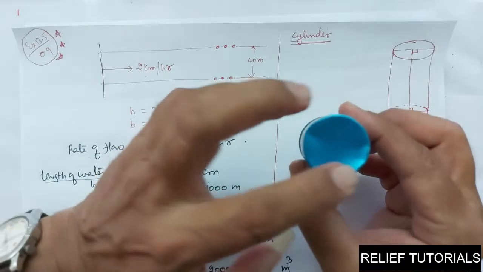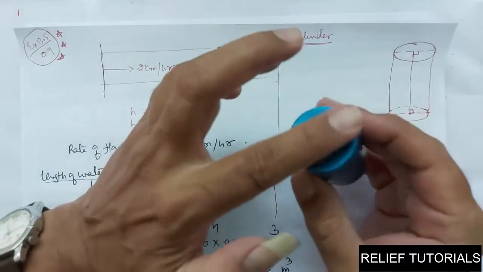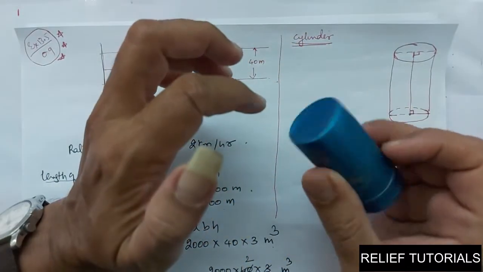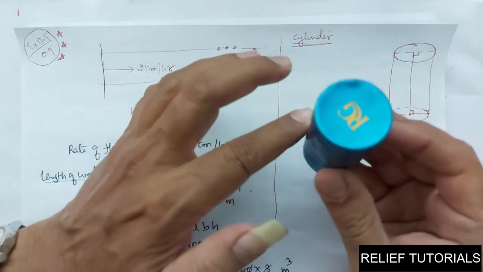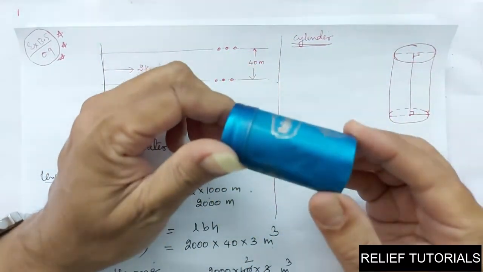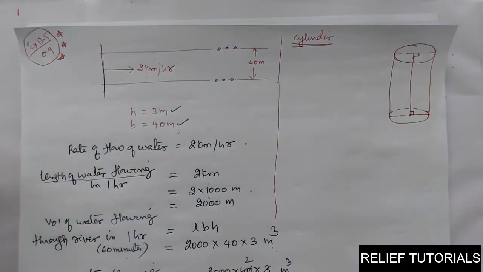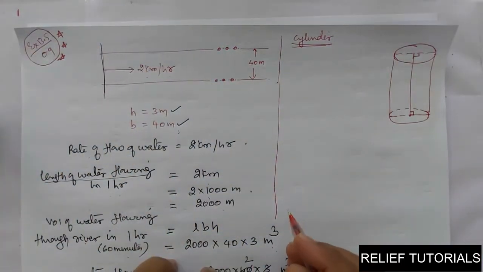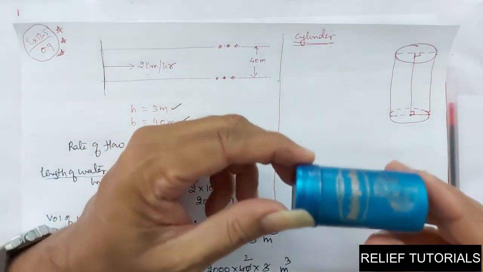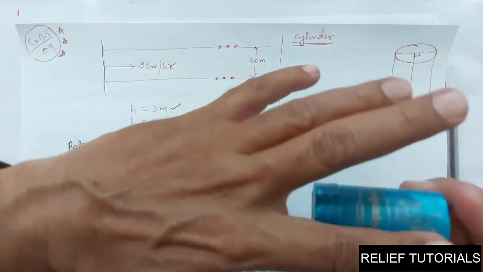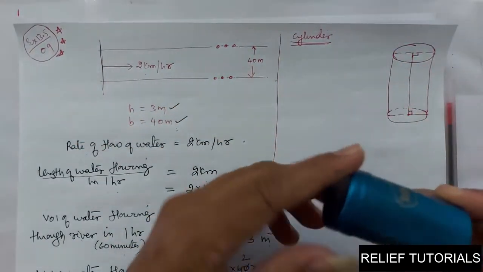Have you seen? Here we have two circular ends. This is the top, and this is the bottom, and this is the height of a cylinder. So this is called a cylinder. Now you want to find the curved surface area of a cylinder. What do you mean by curved surface area of a cylinder? It means the CSA of the cylinder is this area, this part, except the top and bottom.